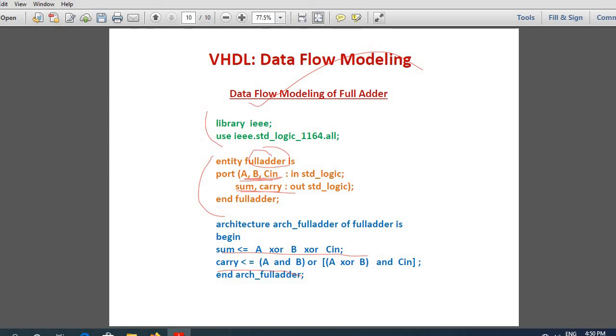So, today we have seen in general what is meant by VHDL and how you can model simple gates and simple circuits using the data flow modeling approach of VHDL. We have just seen the data flow modeling approach. There are two other approaches, structural modeling and behavioral modeling. Both of these can be looked at in the next two classes.